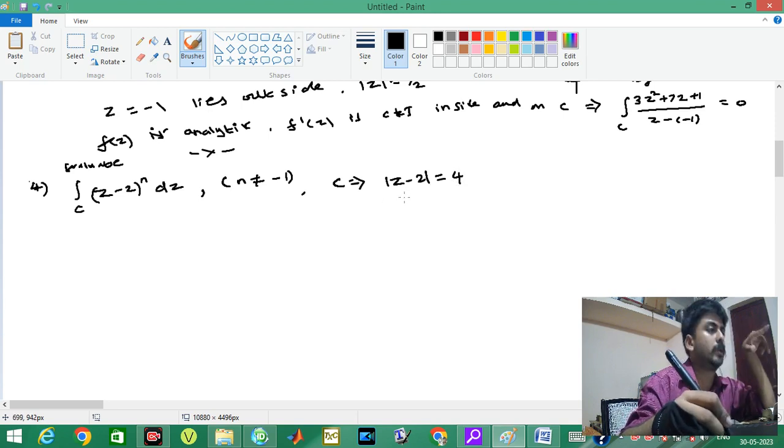Now we have to do this clearly. What is this z minus 2? I have told you, when this is not associated with any other terms, you can simply write the center as 0. But here the center is not 0, so we shall check the center. This circle C implies